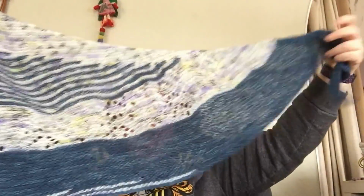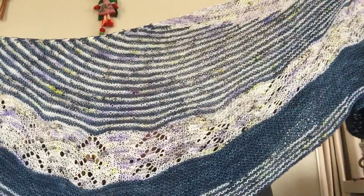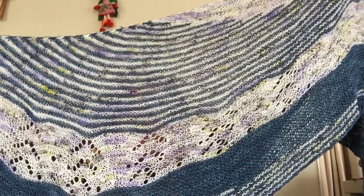So it's probably about 60 inches, something like that. I think on the schematic, I'm sure it said 60 odd inches. It was massive, it took up most of the living room when I blocked it. So it's beautiful,